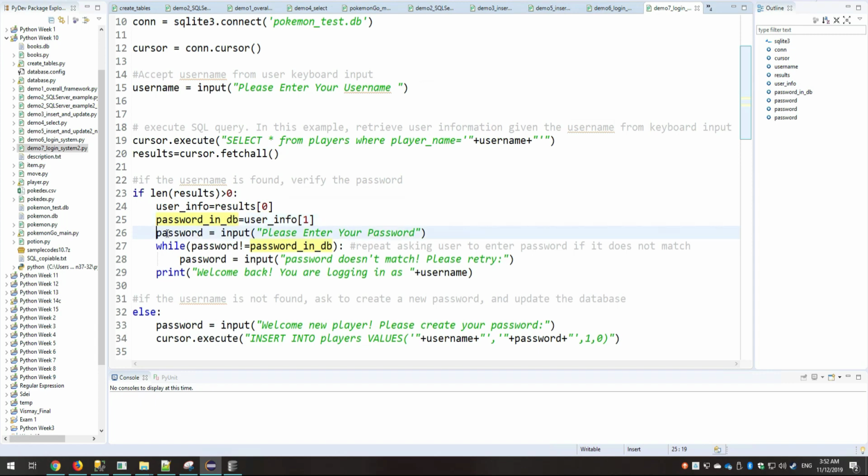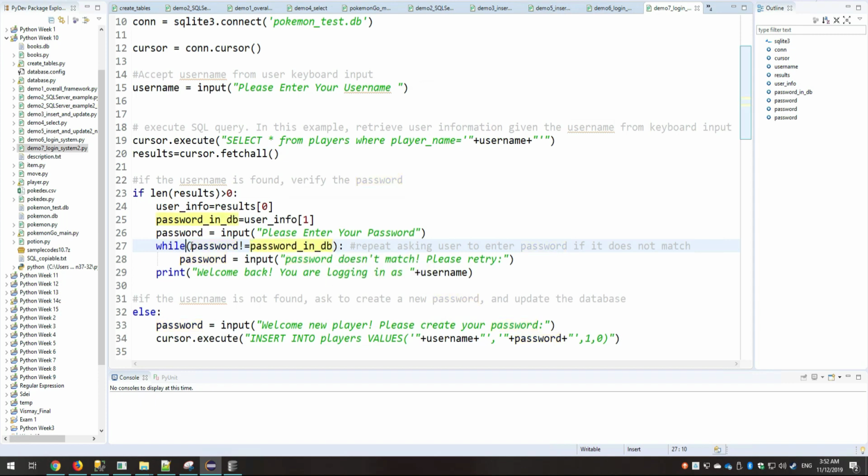Next, we have another variable, password, which gets the user password that is entered from the keyboard. Please enter your password. And we are comparing these two strings. This part is the password coming from the keyboard, and this is the password that's already in the database table.